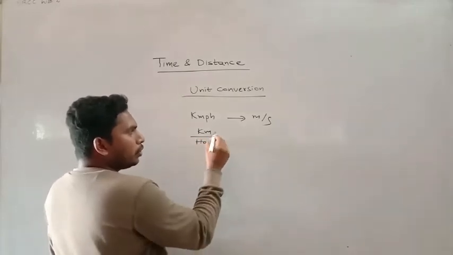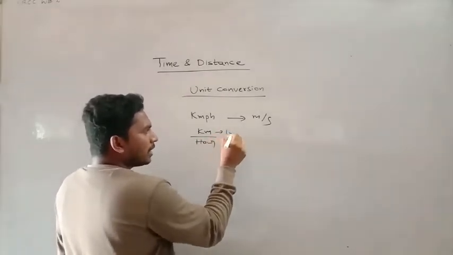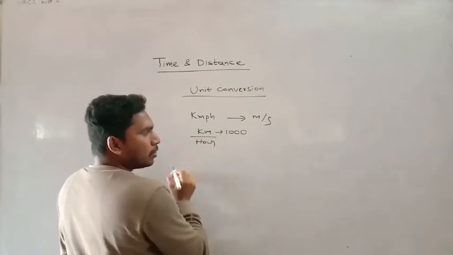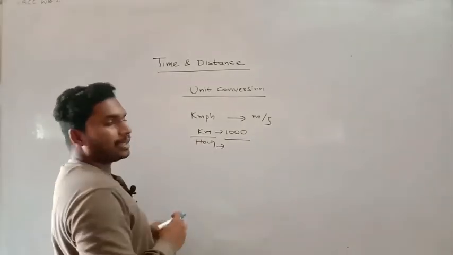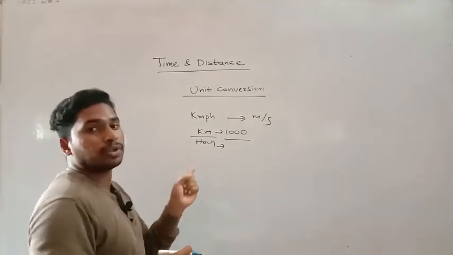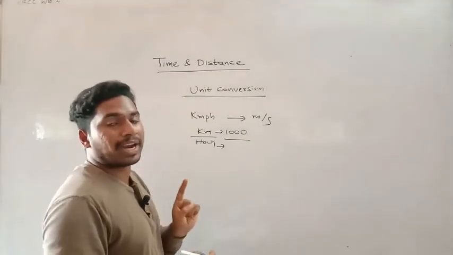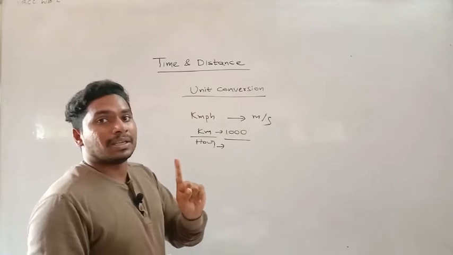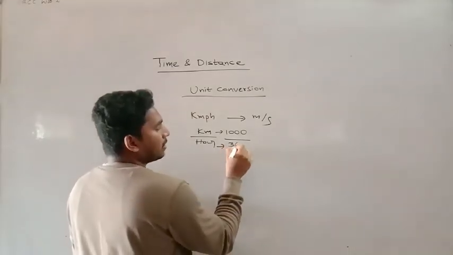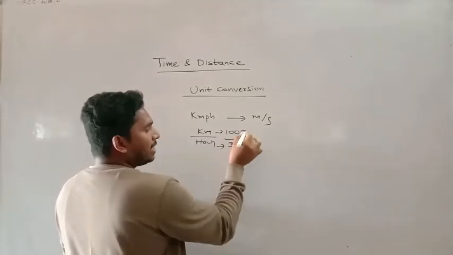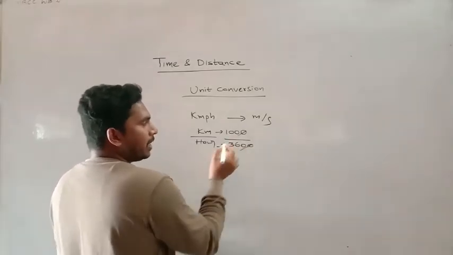To convert kilometers into meters, 1 kilometer is equal to 1000 meters. In the same way, convert the denominator also. 1 hour is equal to 60 minutes and each minute is 60 seconds, so 60 into 60 is 3600. If you cancel them, it will become